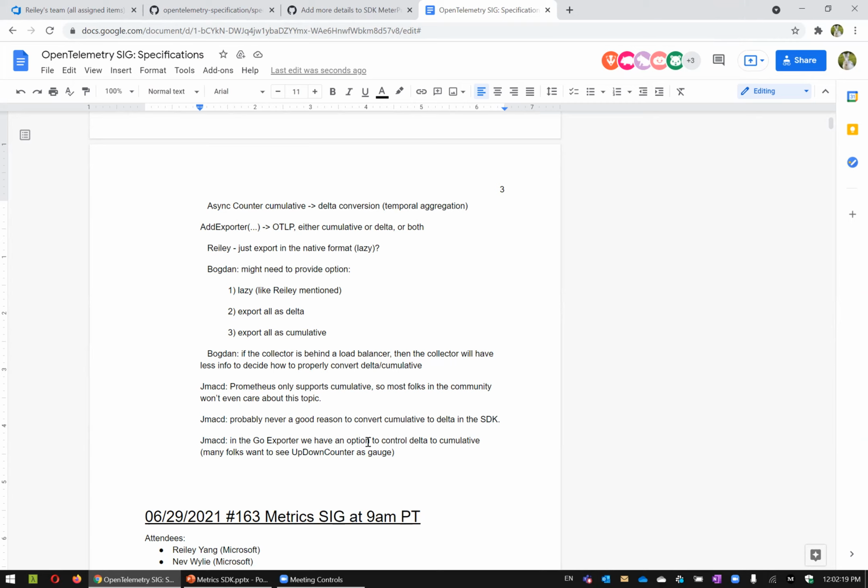Do statsd counters not, are they just dead? Like nobody at all uses them anymore? Well, people use them, but they don't often. It's unclear whether many people use them as up-down counters because of this loss of total value. People tend to use gauges in statsd instead if they care about the total value.